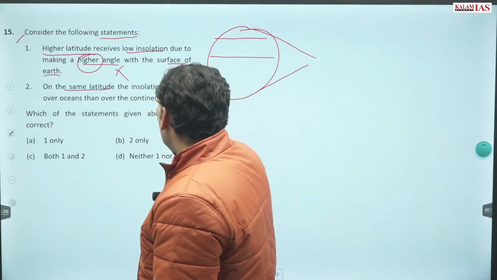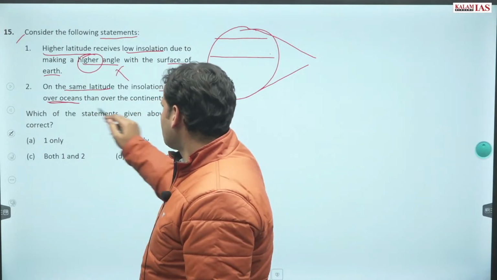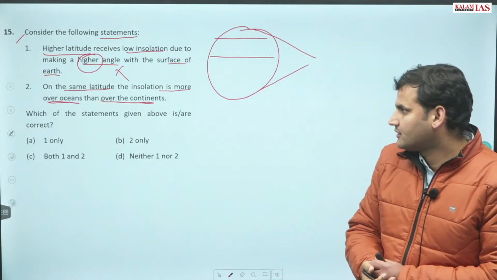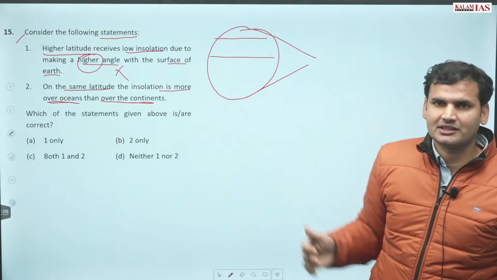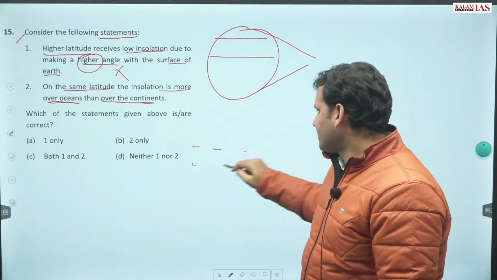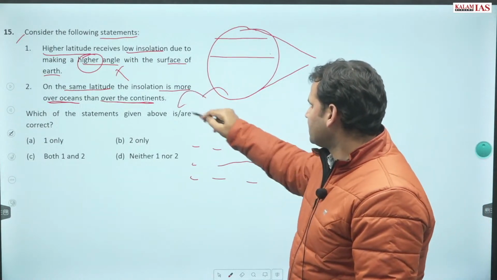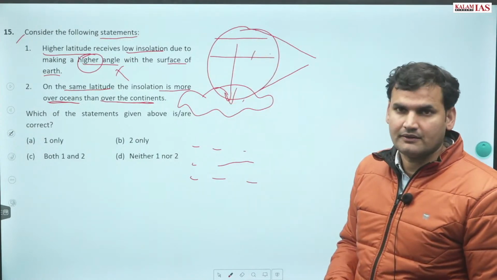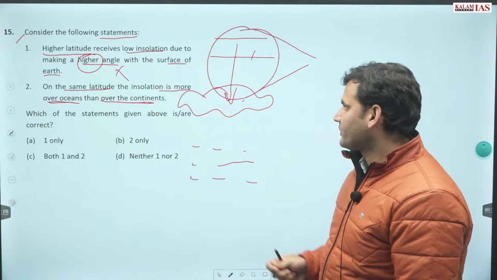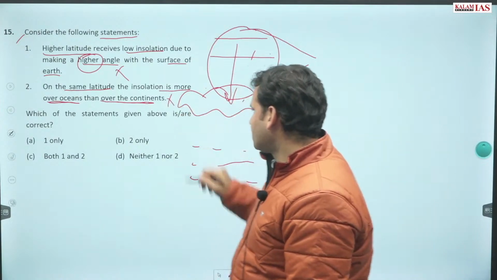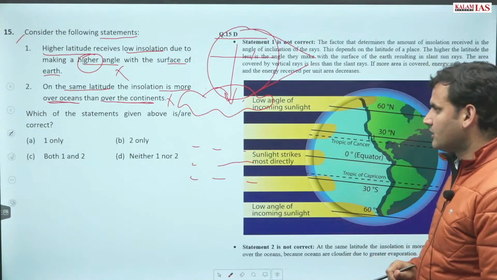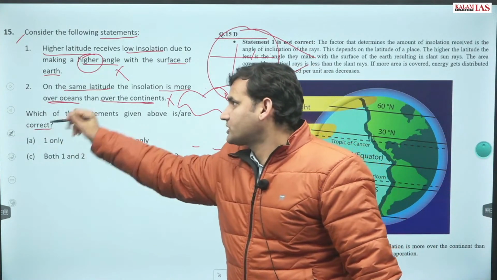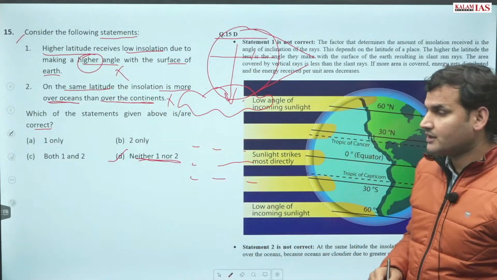On the same latitude, the insolation is more over the oceans than at the continents. Comparison. Insolation obviously कहाँ पे ज़्यादा होगा? अगर water body है, if there is ocean, ocean की वजह से there is cloud cover और cloud cover नहीं allow करेगा insolation. This becomes wrong. Both of them are wrong. The correct answer is, आपसे करेक्ट पूछे दोनों ही गलत दिए हुए हैं।